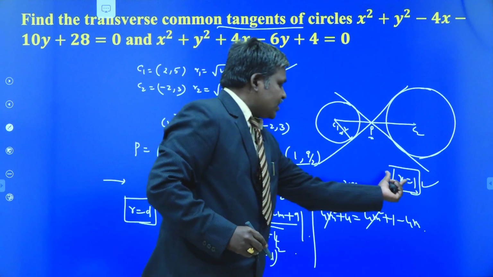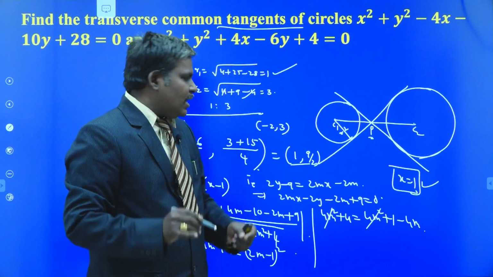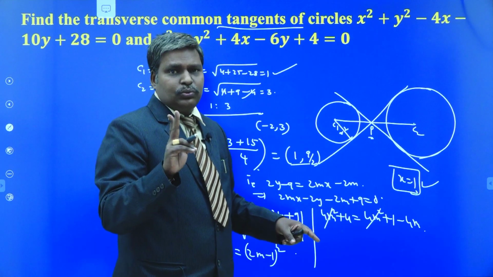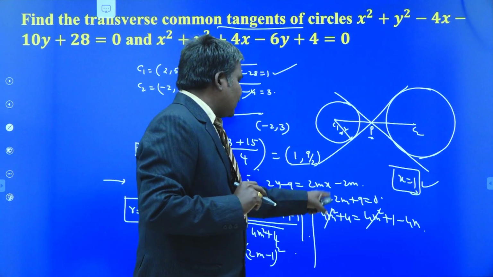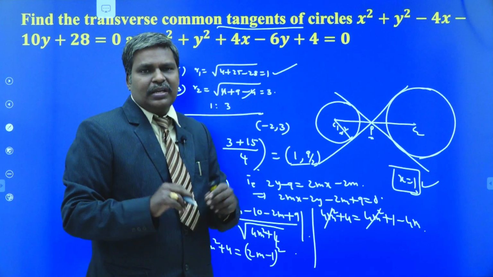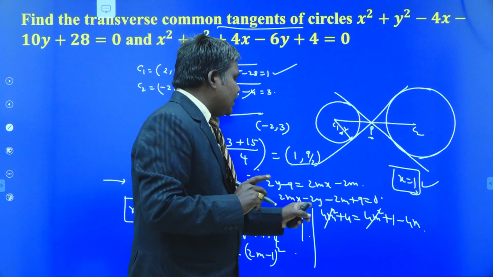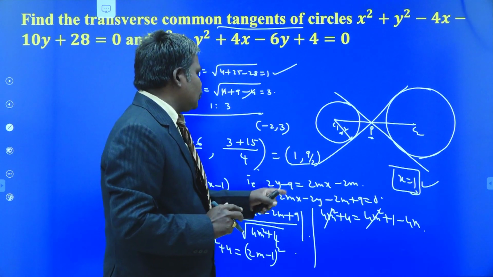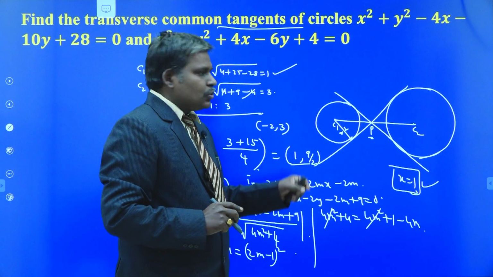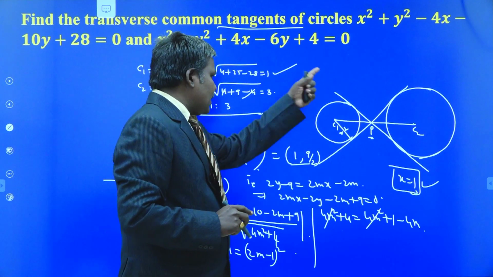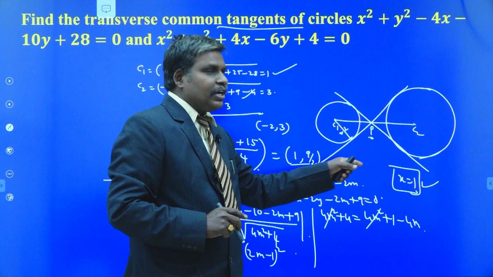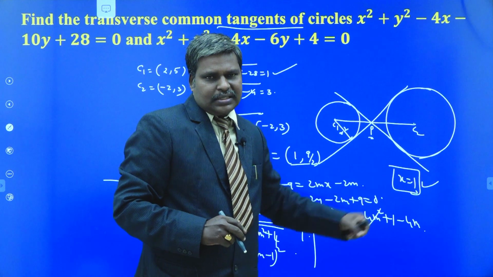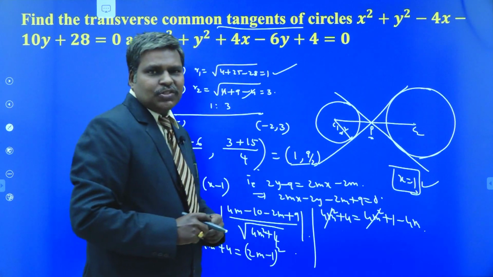So one of the transverse common tangents is x equal to 1, because when 4m square is cancelled out, clearly we should have gotten 2 roots for the quadratic equation. Unfortunately, we are cancelling the 4m square and 4m square. We mean the second tangent must be parallel to the y-axis, and at the same time passing through the internal center of similitude, that is (1, 9/2). So x equal to k is the form for that line parallel to the y-axis. When you substitute (1, 9/2), we get the equation of the transverse common tangent as x equal to 1. So x equal to 1 is one of the transverse common tangents.